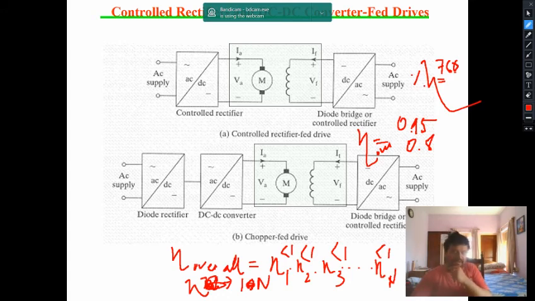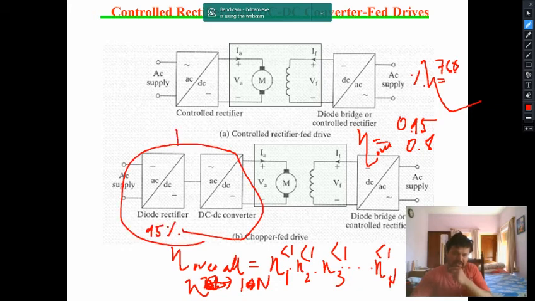That means if you are involving a single stage, your efficiency would have been 95%. But for two stages, your efficiency has dropped to 76%. But you are getting the speed more and more controllable. That is true, very true. Maybe you can fine tune your speed and torque characteristics. Your output torque and speed, you can fine tune that. But what you are compromising? You are basically compromising the system efficiency.